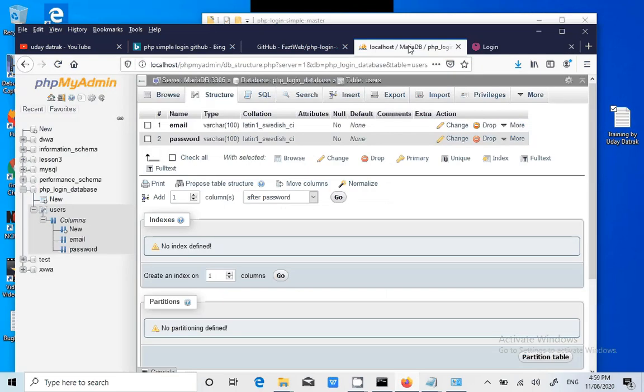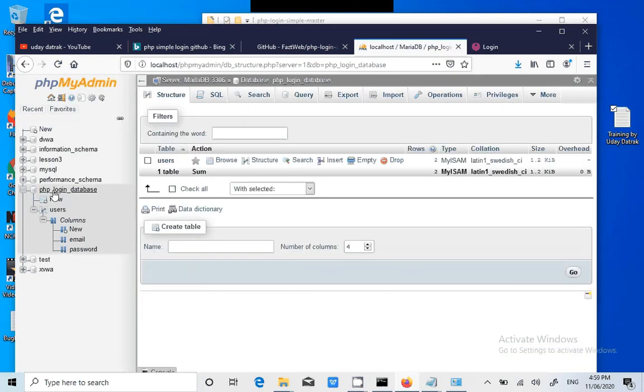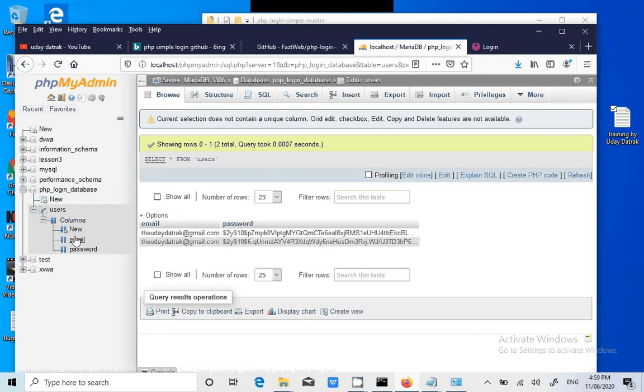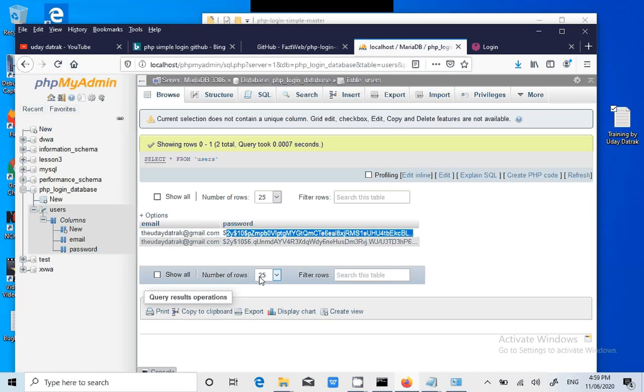First we see whether the details we inserted are within the record or not. phpMyAdmin, users. Okay, yes, nice. See, whatever we entered, those details are filled in, but if you see, the password is not stored as plain text. It is hashed and stored securely. So that's a very good thing. Now this is very important code for you guys. Next time, if you want to develop a registration page for any other clients, you can simply take this piece of code and tell the client that you should not store the password in plain text. You can use this example and store it.